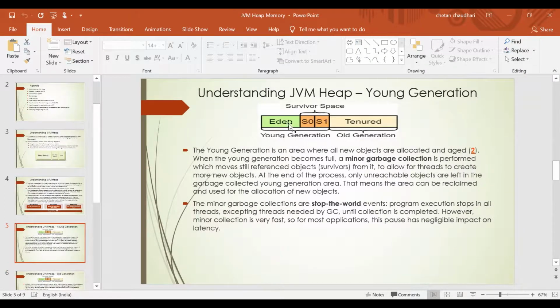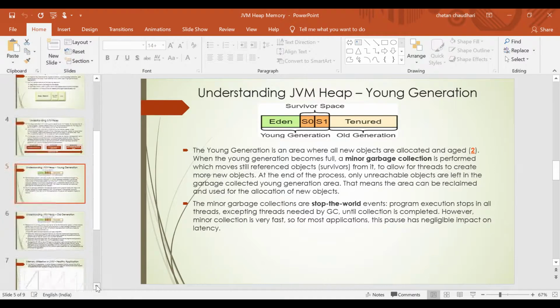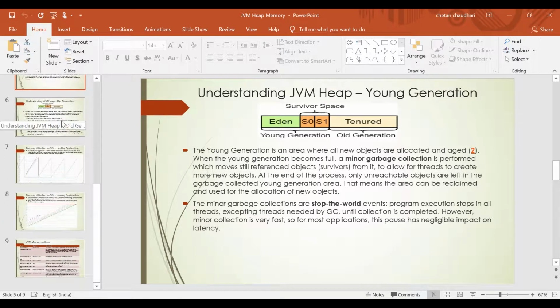Then we saw how it actually works. The young generation is divided into Eden and survivor space. Eden space is the nursery space, where the objects are getting created, and the survivor spaces are for shifting these objects. We also saw the criteria for objects getting passed from Eden space to survivor space, and from survivor to tenure. There are specific parameters like the tenuring threshold, and the maximum tenuring threshold for survivor to tenure.